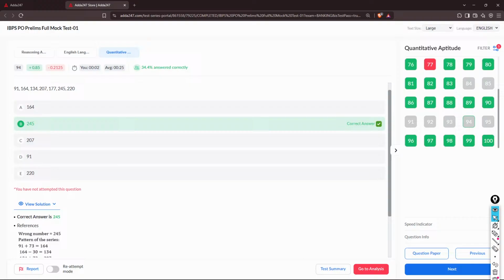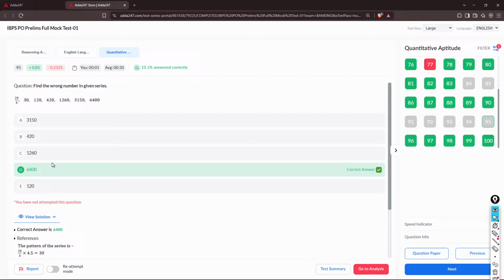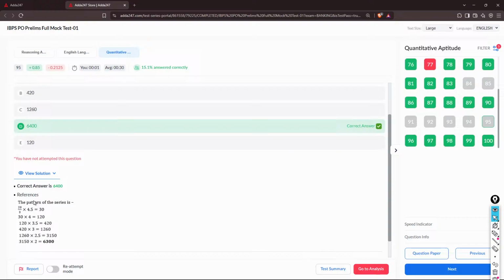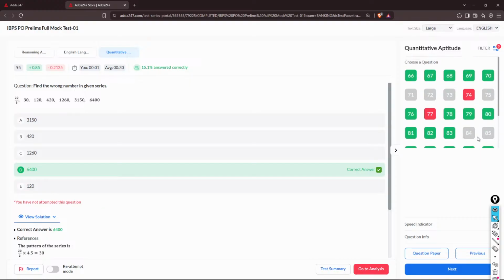Plus 73, okay. If it's in the later half, then it's all right, but if it's in the earlier pattern, so let me guess what the pattern is. Into 4, into 3, again into 3, okay, into 4.5, into 4, into 3.5, right? Into 3, into 2.5, into 2. Okay. But yeah, few ones were doable, but not all of them.